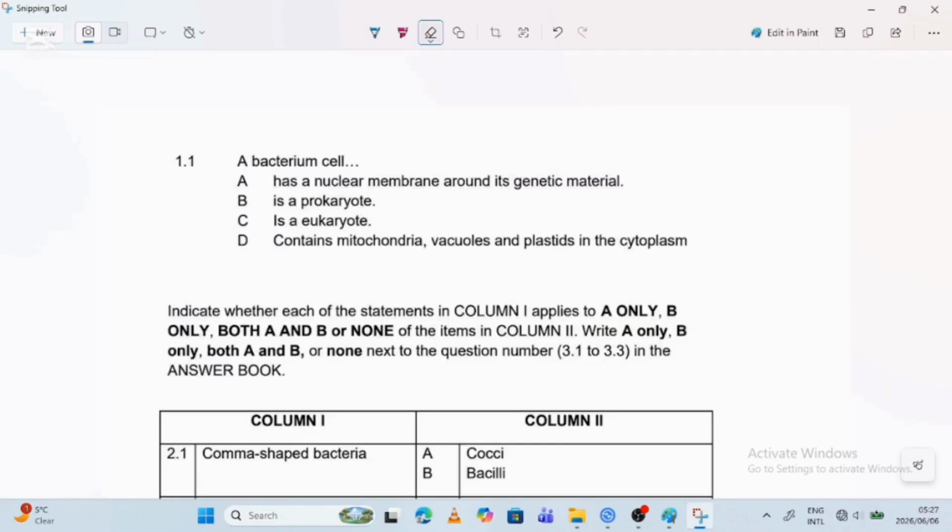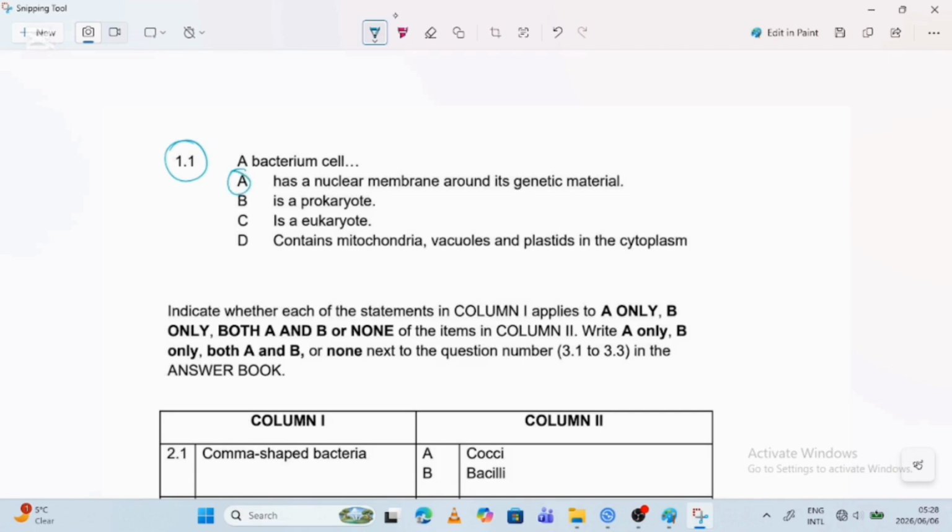So now let's look at this question. Let's look at question 1.1. We have to circle the correct answer here. It's multiple choice. So this question says, a bacterium cell,